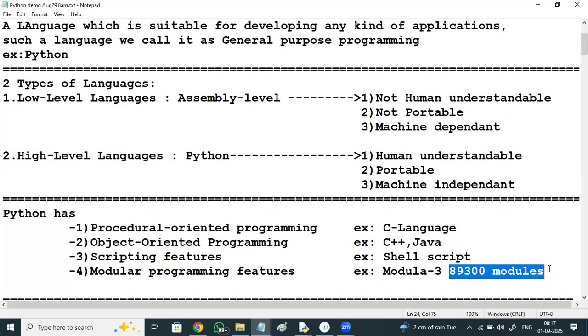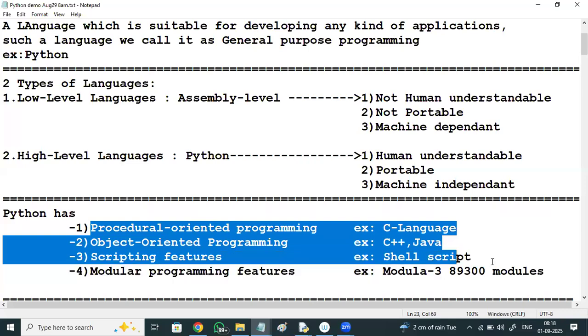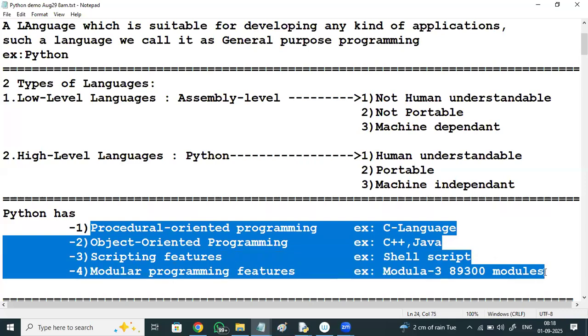Python has got thousands of modules for different environments. Because of these multiple programming features, we call Python a hybrid language.